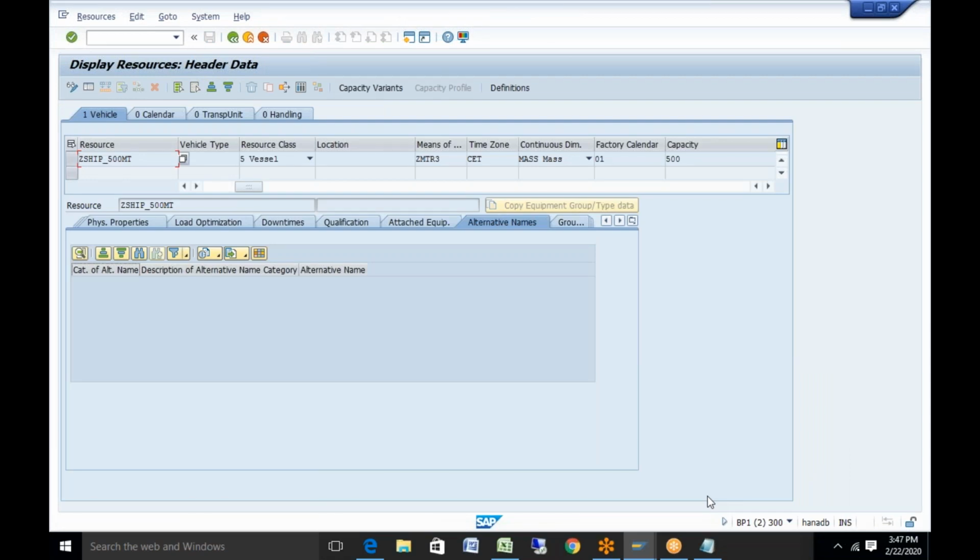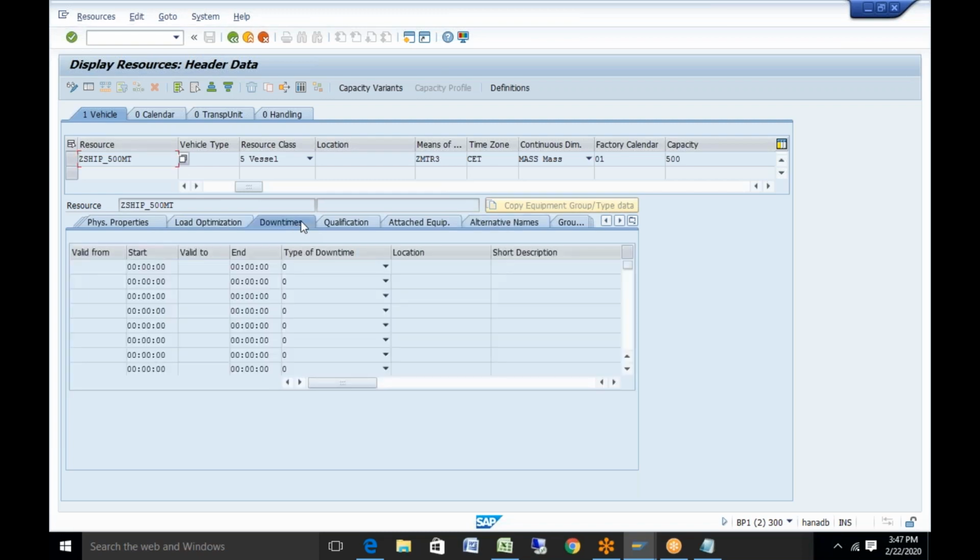Any question on the resource part? Viren, can you go to downtimes once? Yeah, you say like the so-and-so truck is not available from one period to another period, right? So in that period, is there any other person or any other customer who could be able to book that? No. So that means that will not be considered in the availability, right? Because if that truck is not available and if any other truck is available, then the second truck will be considered during the planning, right? Yes, yes, I got it. Okay.